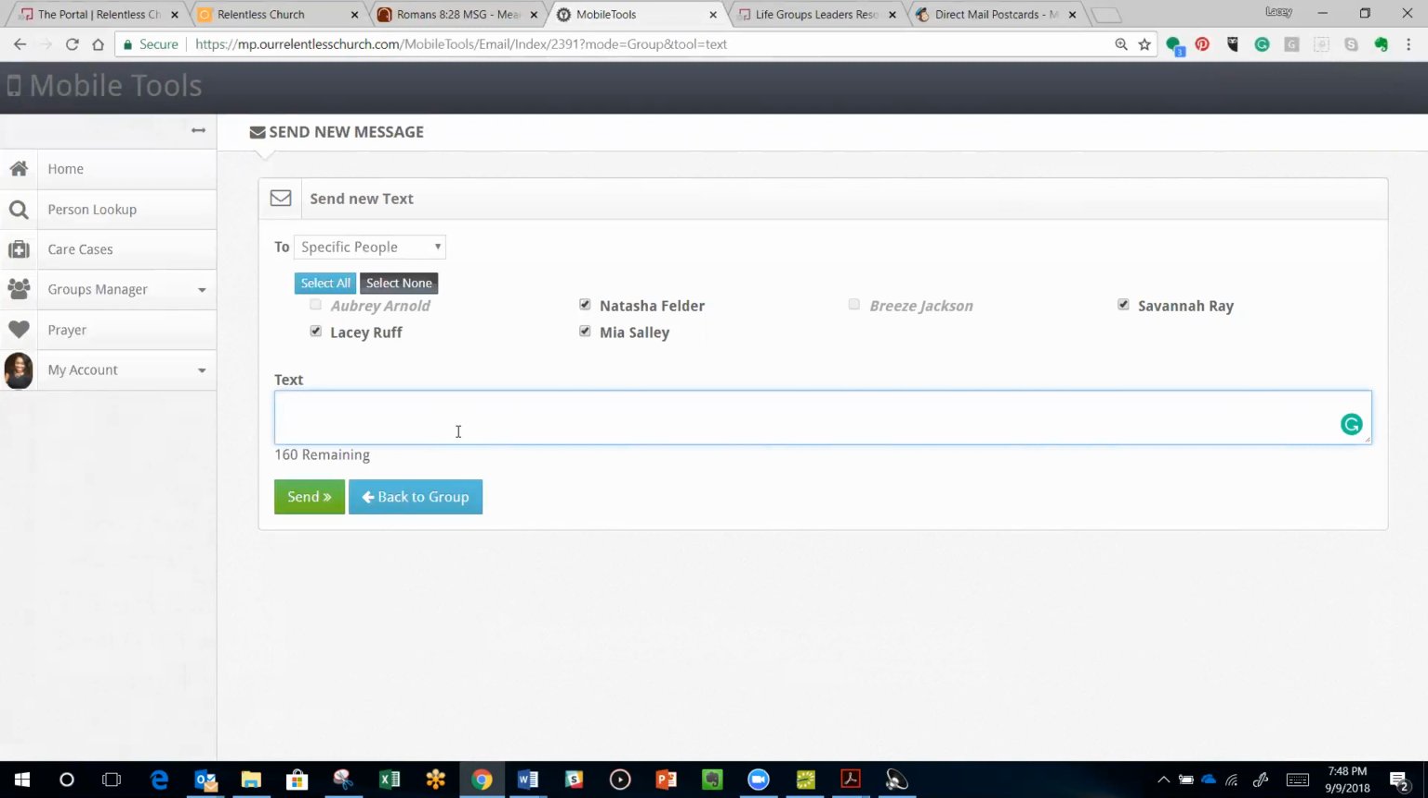You would just type in whatever message you'd like to send to your group, and also realize that this is one-way communication. Again, there is a number assigned to this account so that we have the capability of texting. However, if someone texts back to that number, they will get an error message saying that this is not a working number. So my recommendation is to put a very generic message in your text and say something like,